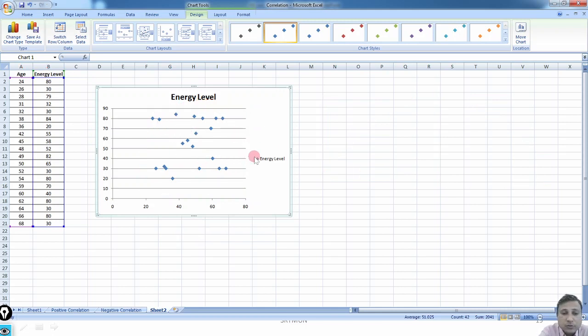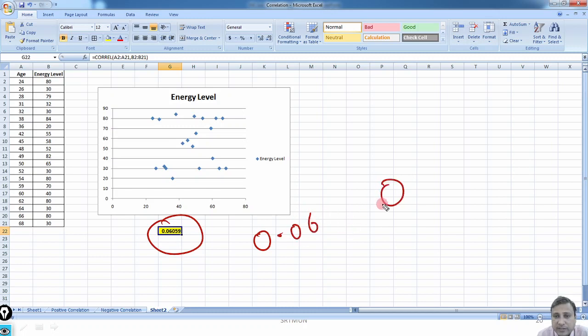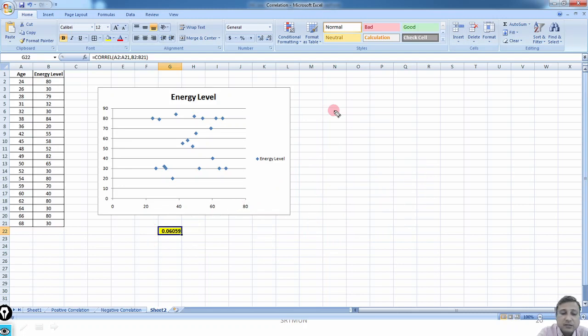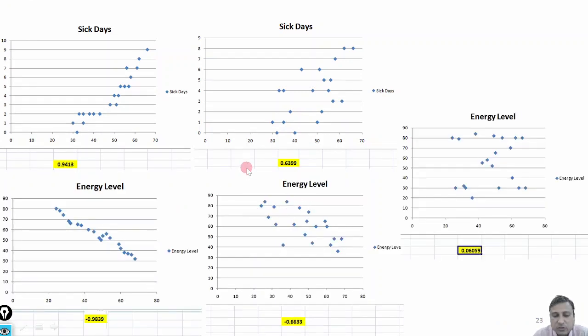And if I compute the correlation, you can see the correlation coefficient is 0.06. It is very near to 0, and when it is very near to 0, it tells me a very low degree correlation. We cannot explain anything using such a small number, meaning there is no relationship between these two variables. So this is the way that we interpret those values, and these are the different 5 types: high degree positive correlation, low degree positive correlation, and no correlation or neutral.